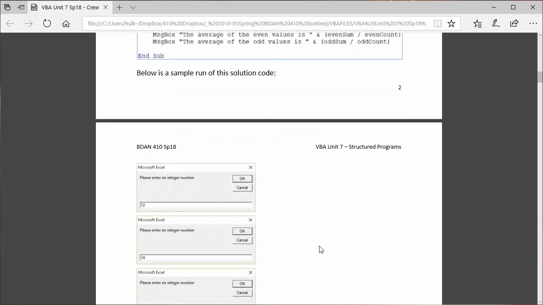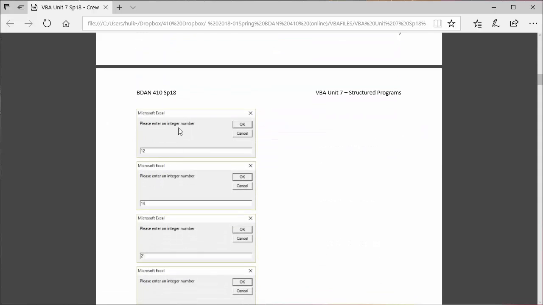Here's what this program does when we run it. We can see